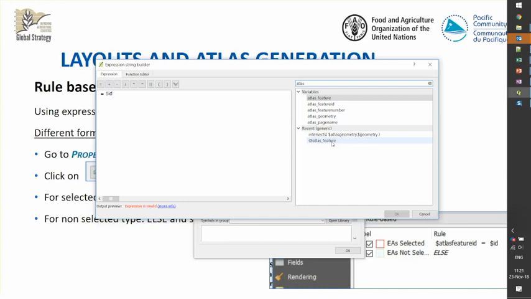And we choose this Atlas feature. We put it in the right place. But we have to replace the @ by the dollar symbol. Atlas feature ID